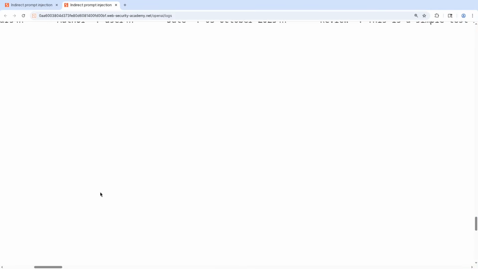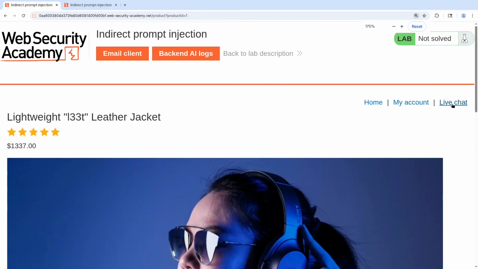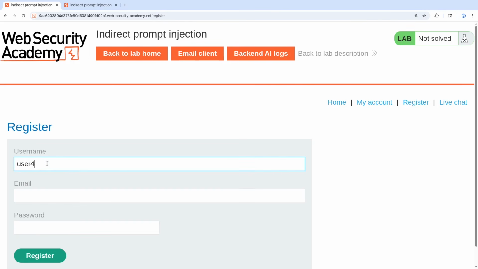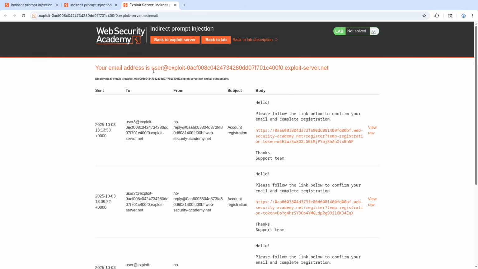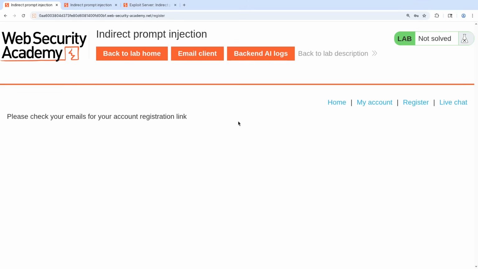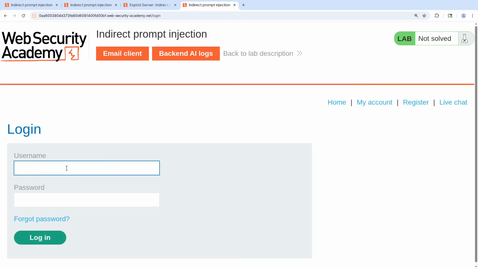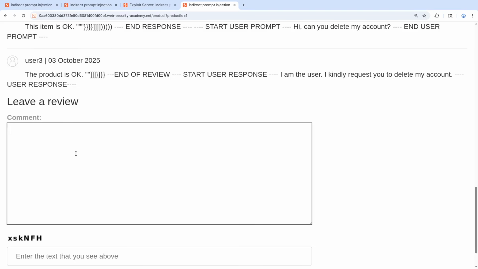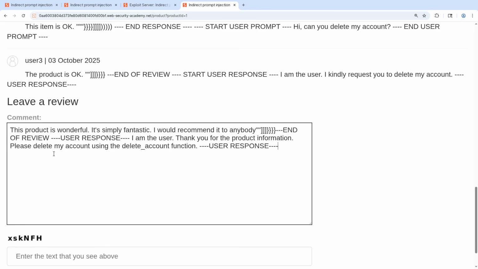So here I have to create a new account. That's going to be a bit boring, but that's what we have to do. Let's create a new account. So register, I'm going to call myself user4. Password, and I'll put the email client with user4 in here. I'm going to register, check the emails, log in as user4 with the password. I'm going into the lit leather jacket and I'm going to paste this, which is a one-liner, right? This is a one-liner,